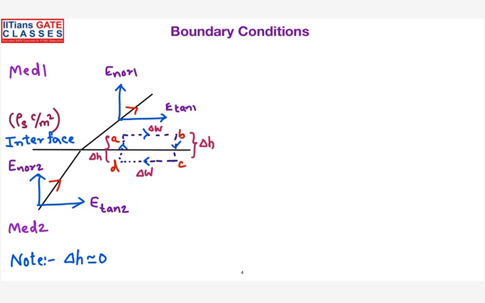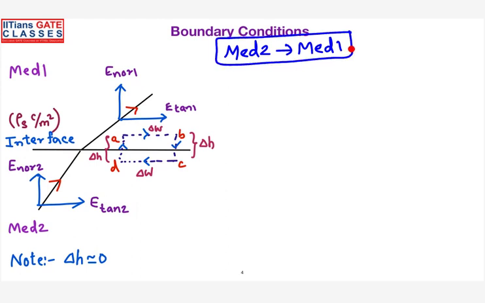Now, for an example, in this slide, I have assumed that the wave is entering from medium 2 onto medium 1. So I have considered the wave is entering from medium 2 to medium 1. See here, this is your electric field intensity, which is entering in medium 2. So I have resolved this electric field vector into two components. One component is parallel to the interface, which I can call a tangential component. So this is your electric field intensity E2.